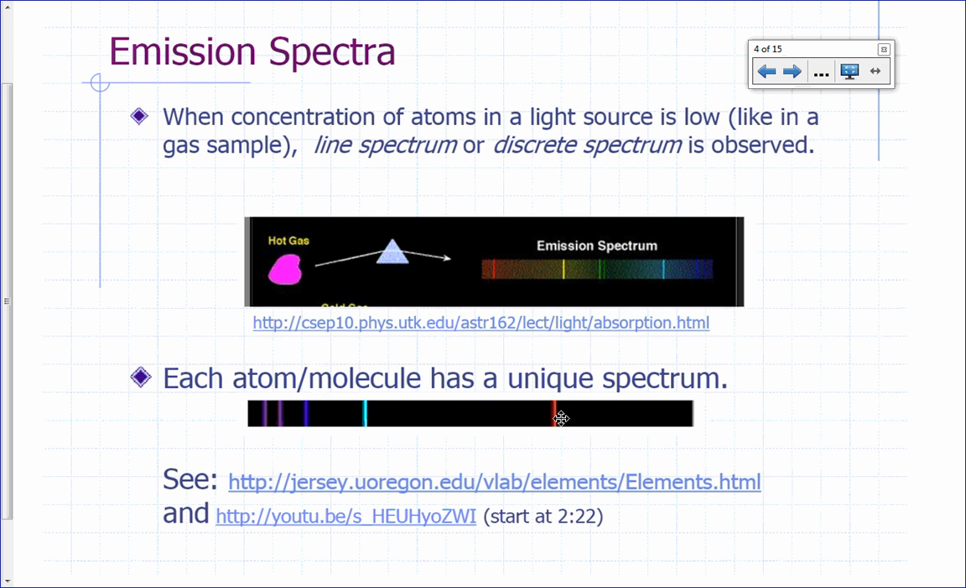And that's how you can tell what's out there in outer space without having gone there. You base it on the light that you see. So an example, a very nice website that you can go to see all these emission spectra from atoms would be